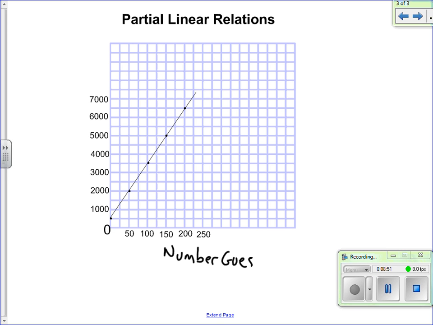Now, that's our independent variable, right? Because it's on the x. And the cost, that's what we're measuring. So every time I change the number of people, I can measure the cost. The cost also changes. And so the cost becomes my dependent variable on the y. Now this is a partial linear relation because, again, it's not passing through 0, so 0 is right here. It's still linear in that we get a straight line,